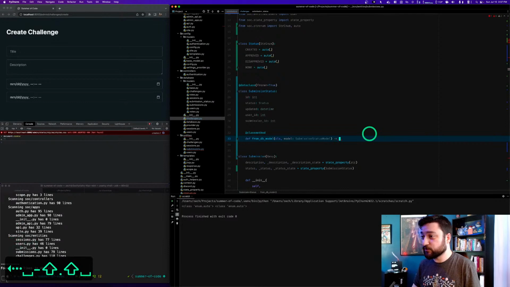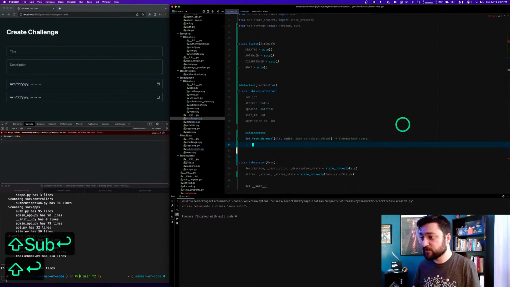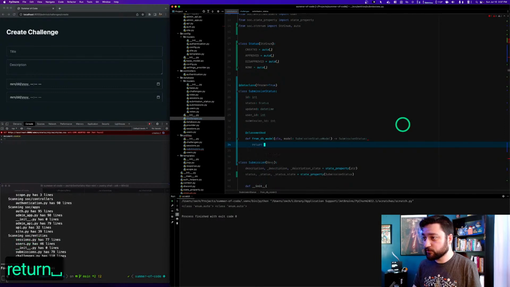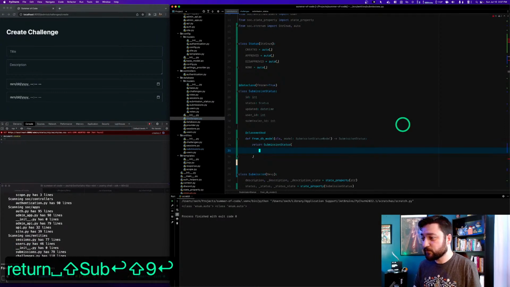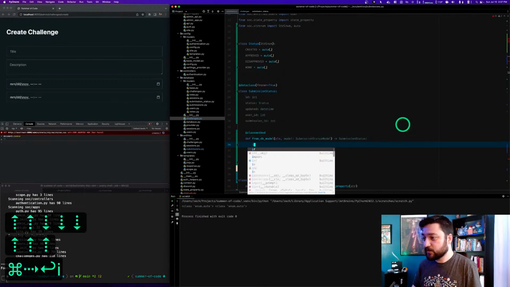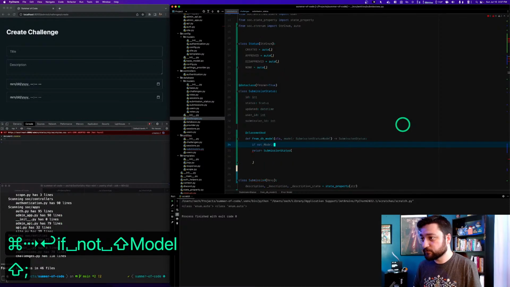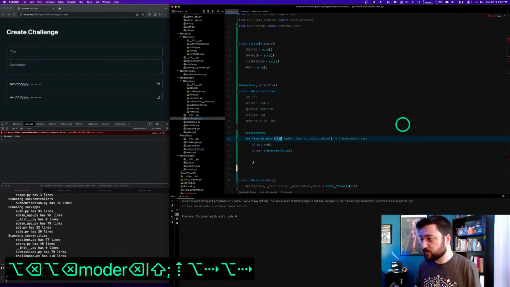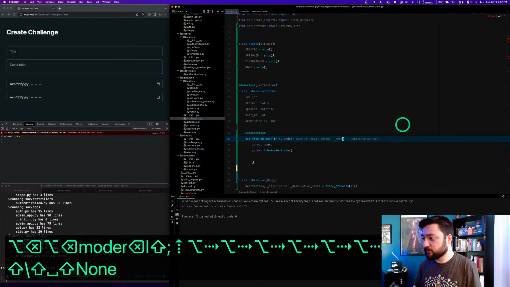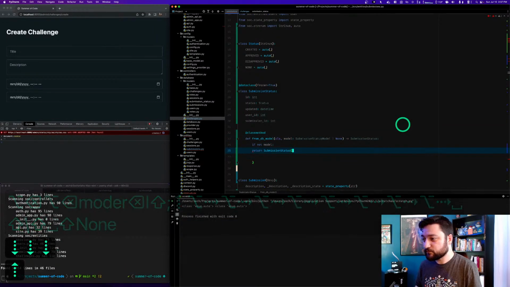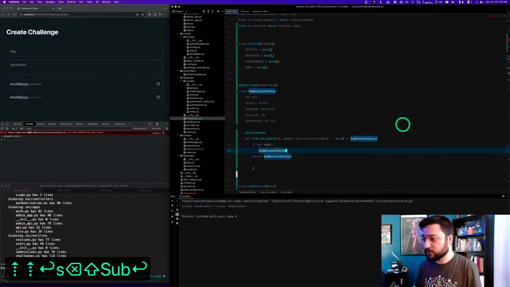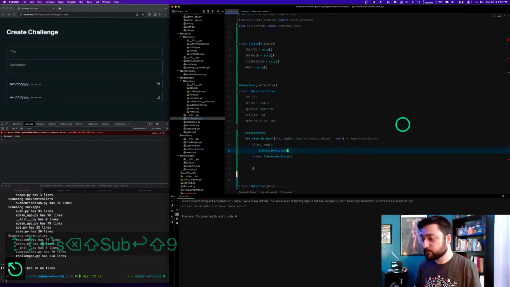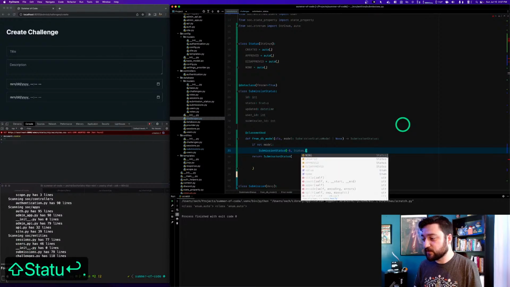All right, and this is going to return a submission status like that, and then we're going to do return submission status if not model. This can actually be none. If not model, return submission status, this one, status dot none,